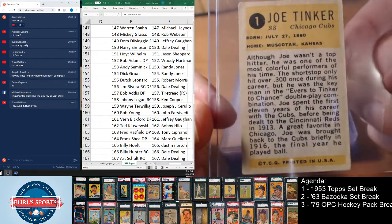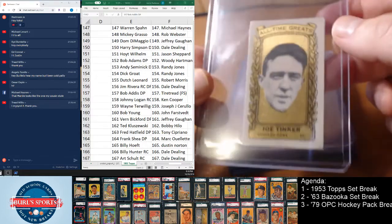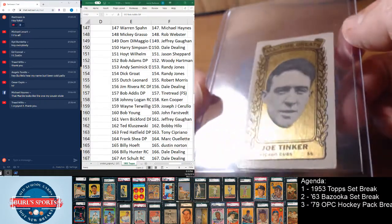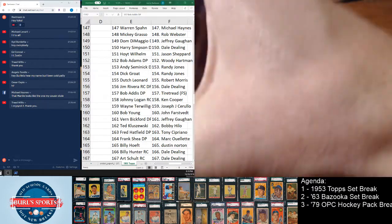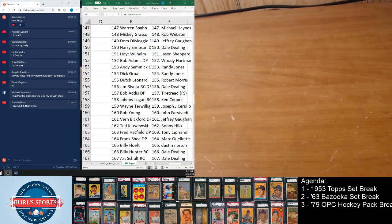Nice little bio info on the back, and so the common variety has this gold foil. There's a pretty tough to find silver, or at least comparatively speaking. And so yeah,